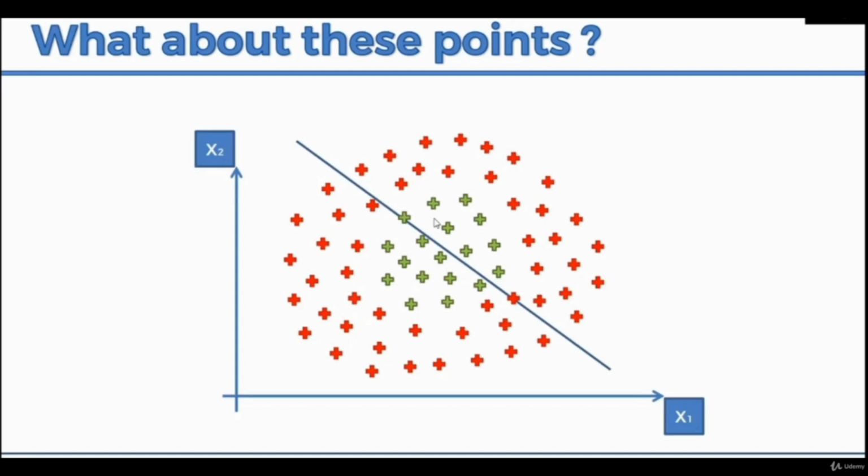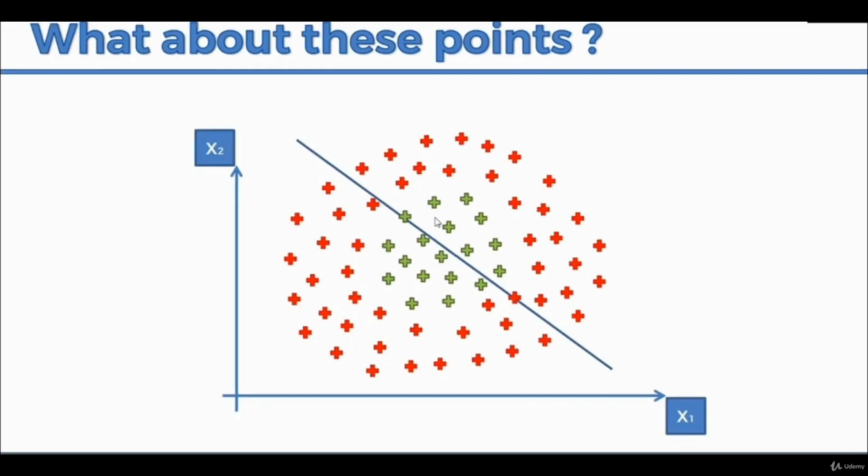To deal with that, there are different types of kernel available to us. Now what is a kernel? Just think of kernels as different approaches to split or classify these data points, and they have their own different mathematical functions. We are not going to deal with the mathematical functions; we are just trying to understand them. As you can see, even if you create a line which classifies all the green data points above, you can't classify the red data points. So the model accuracy will be low using a linear kernel.